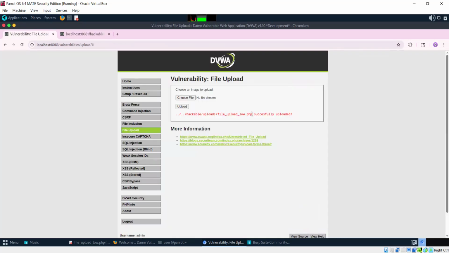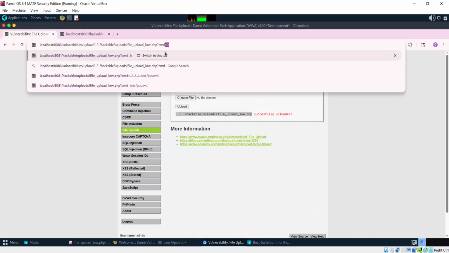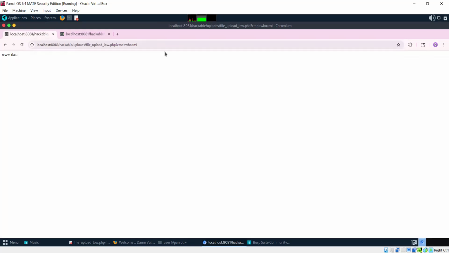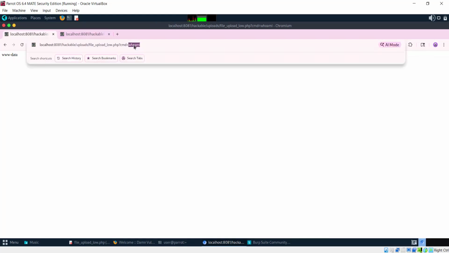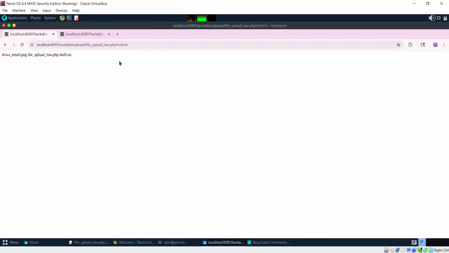Also, if we directly use this path, as there is a directory traversal sequence used, that will also work. So I can provide cmd equal to whoami, and it is showing the data. And apart from this, we can also execute other OS commands. Maybe we can check if, using this file upload functionality, we can delete any